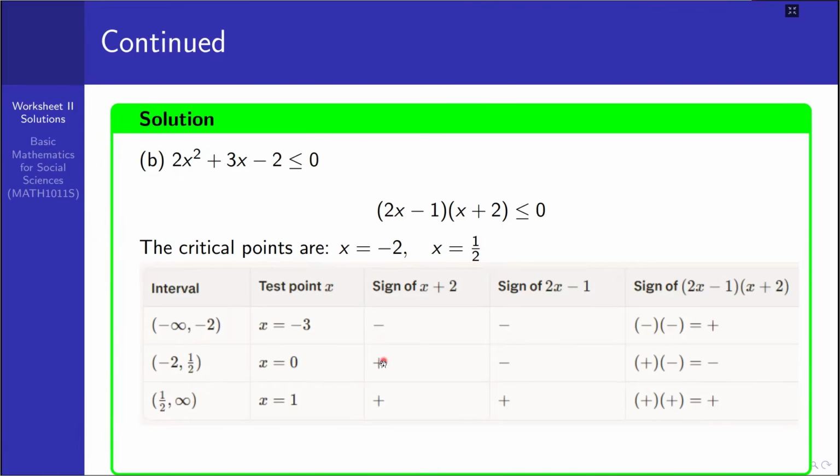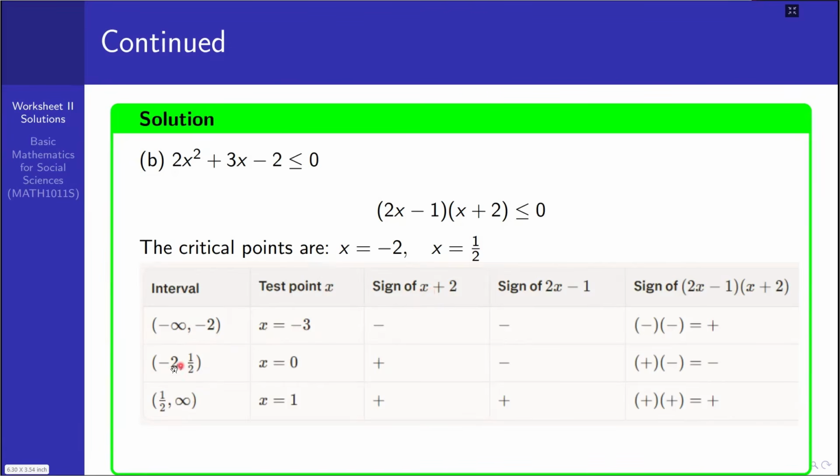For example, from negative infinity to -2, x plus 2 is negative. Just as a testing point or simply checking point, -3 is within this interval. If we substitute -3 for x here, it is negative, so that x plus 2 is always negative within this interval. And in between -2 and positive 1 over 2, that means if we take the value for x